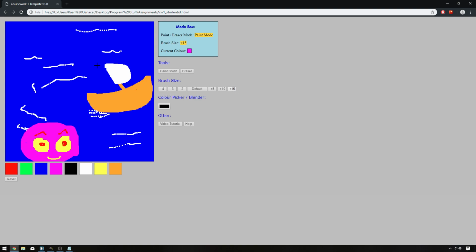The brush size is here, so let me do a visible color like yellow. This is 20, 15, 10, default, which is 5, 3, 2, and 1. Despite 1 being very small, I have a few artistic friends, and I thought this would be